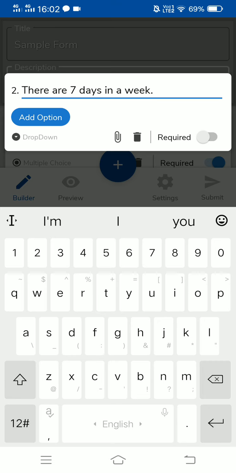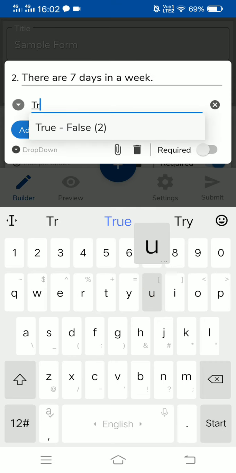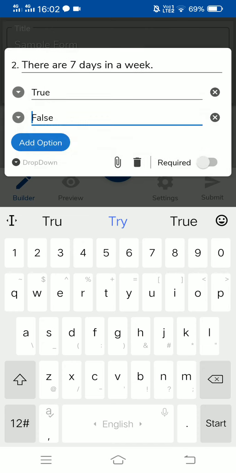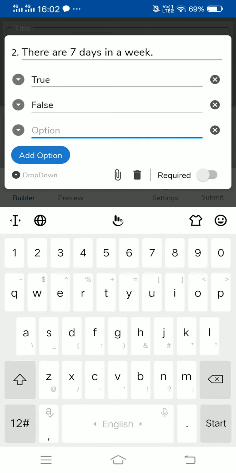So add option: true, false. See, for such types of questions, you will be given some suggestions also. I have chosen that. That's why I didn't have to type both the options. It already has chosen. If you want to add any other option, that also can be added.